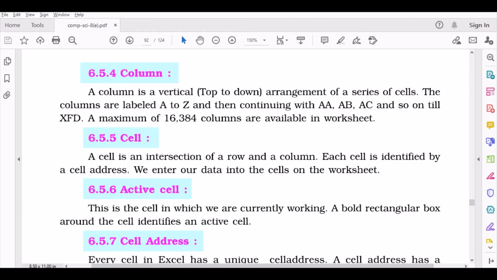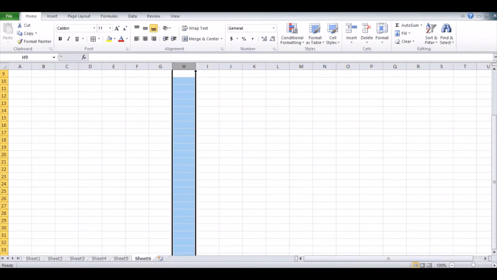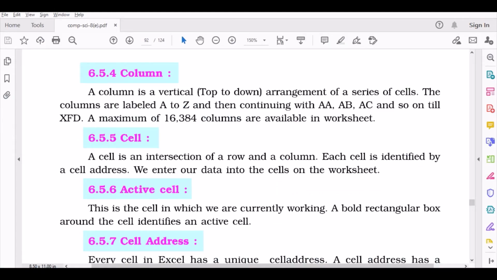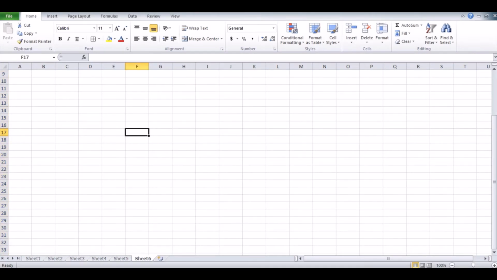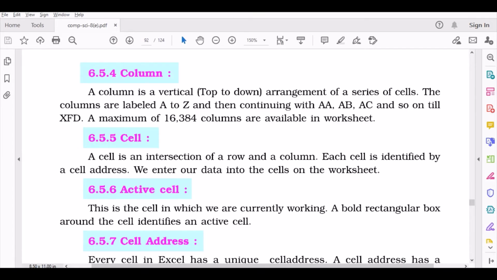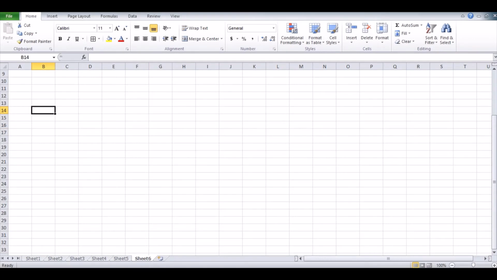Columns are the vertical arrangement. And a cell is the point at which rows and columns meet, and it is denoted by the column name first and then the row digits. Column name and row digits.